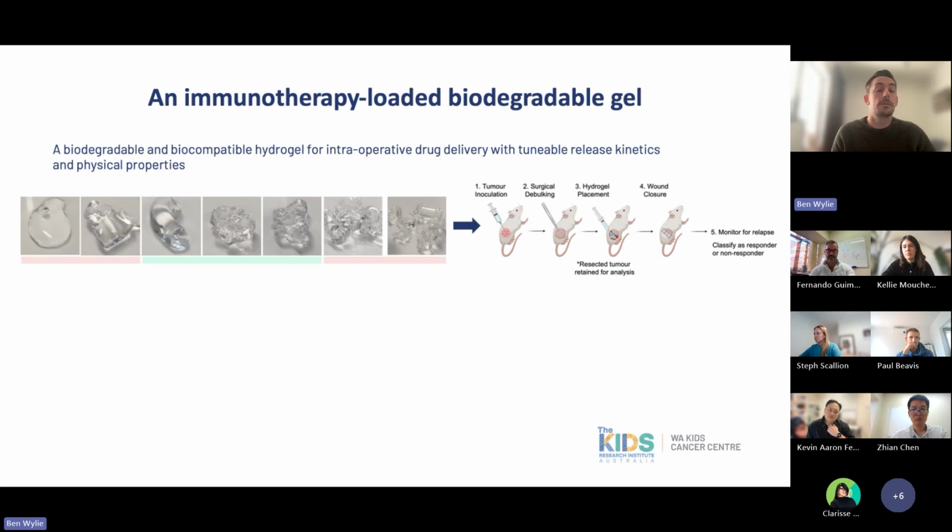So to do this, the group has developed a really novel approach to therapy, which is to use immunotherapy-loaded biodegradable gels. So these are biodegradable and biocompatible gels, hydrogels, which we can use for intraoperative delivery of drugs, so during the surgical moment. And we develop them with tunable release kinetics and physical properties so they would be suited to different surgical environments. You can just see here in the panel, we tested a whole different range of gels to really come up with a Goldilocks